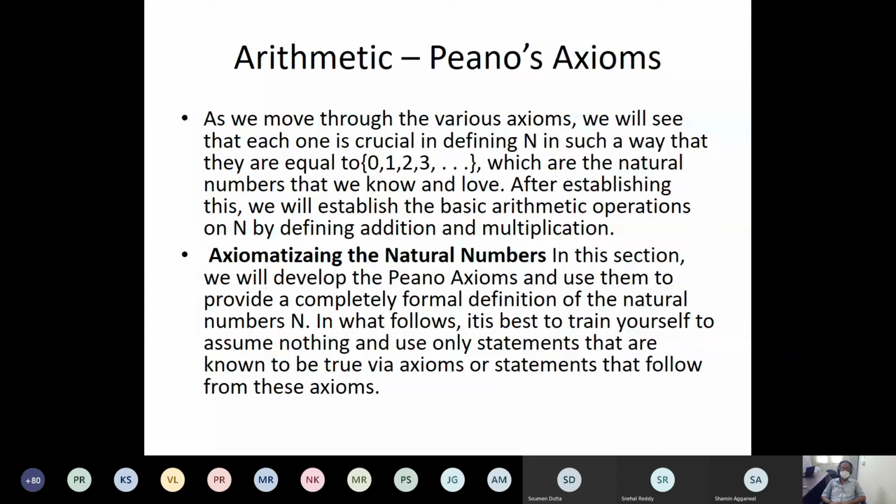After establishing this, we will establish the basic arithmetic properties of operations on N, defining addition and multiplication. So this is our target today. Now please note that I have written the set, opening brace, 0, 1, 2, 3,